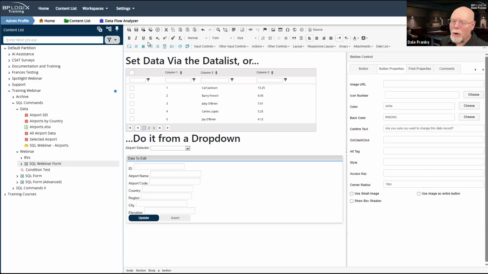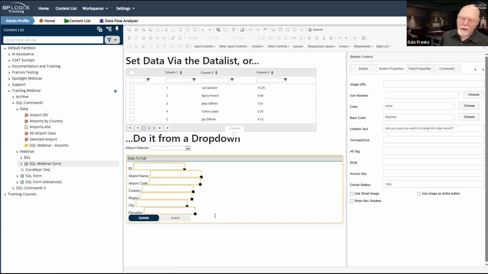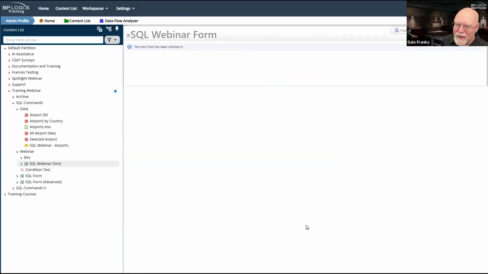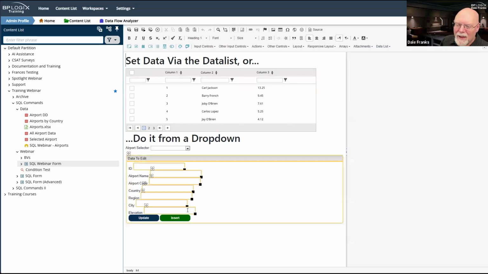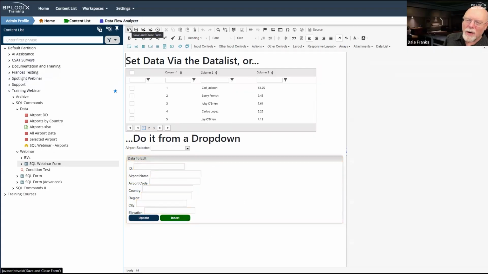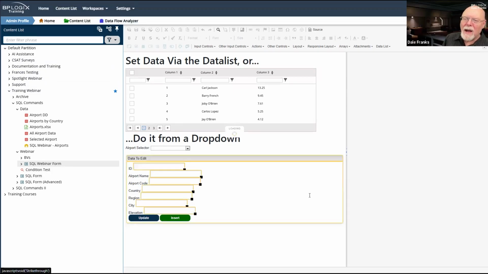And so now we'll get that question asked, and we can go ahead and save our form. I should have saved and closed it instead of just saving it. Too late now. There we go. There's my insert button. I have colored it green because, well, it's not destructive. So I think we're fine. We can go ahead and insert that data. And we're going to save and close our form.